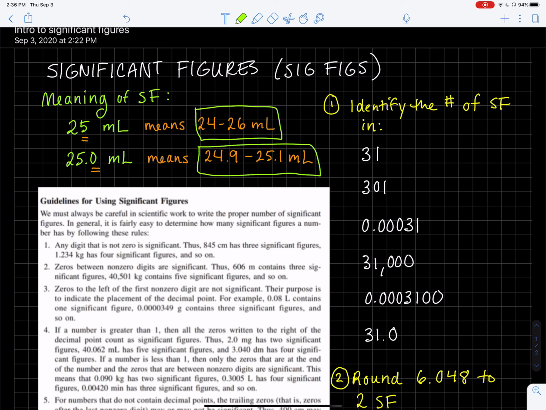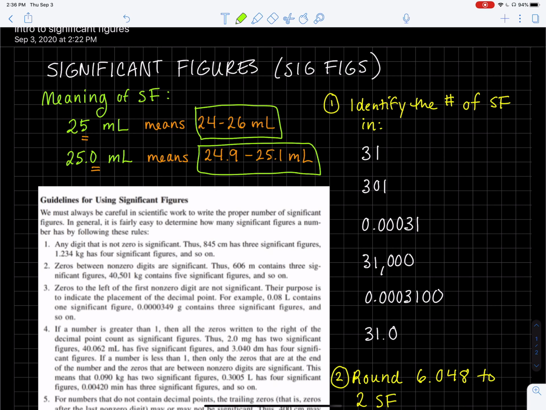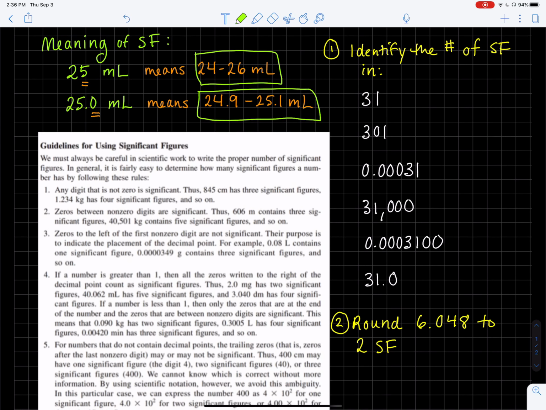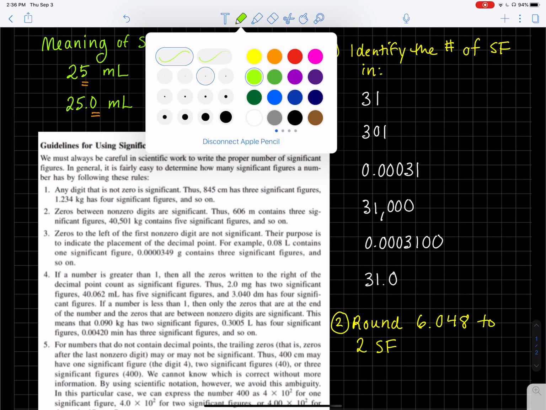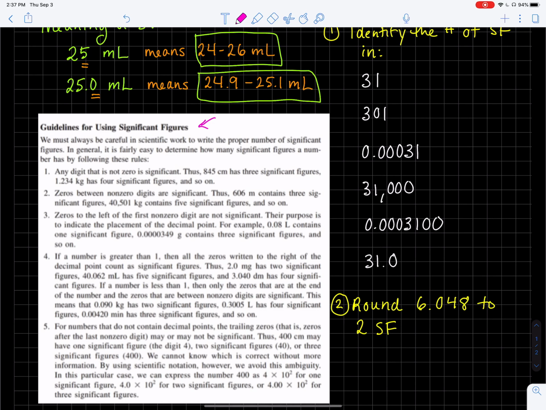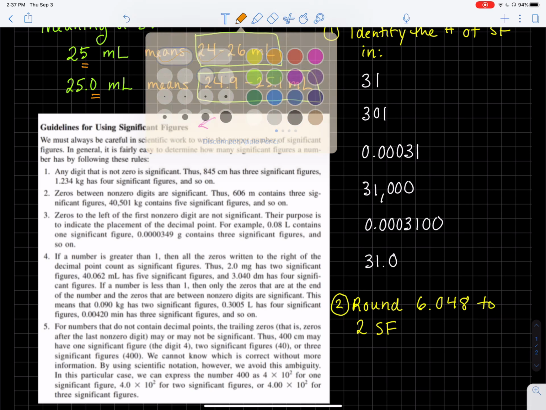Now I'm going to tell you how I knew where the significant figures in these numbers were. I have some examples over here on the right. We're going to identify the number of sig figs in these numbers. And right here, I have cut and pasted from your book the guidelines for using significant figures. These are long and they look confusing, so to me, the easiest way to go through them is to look at examples illustrated by these 5 points. So if we look at our first number here, 31,